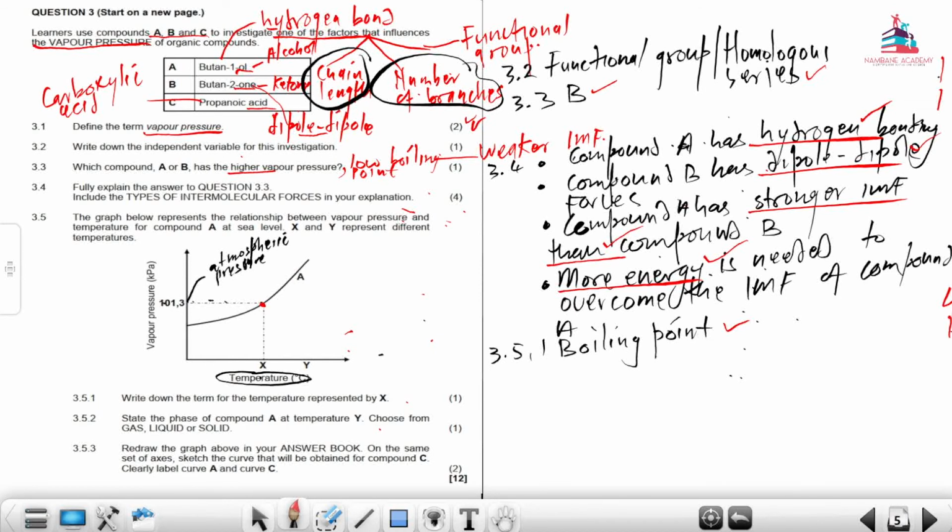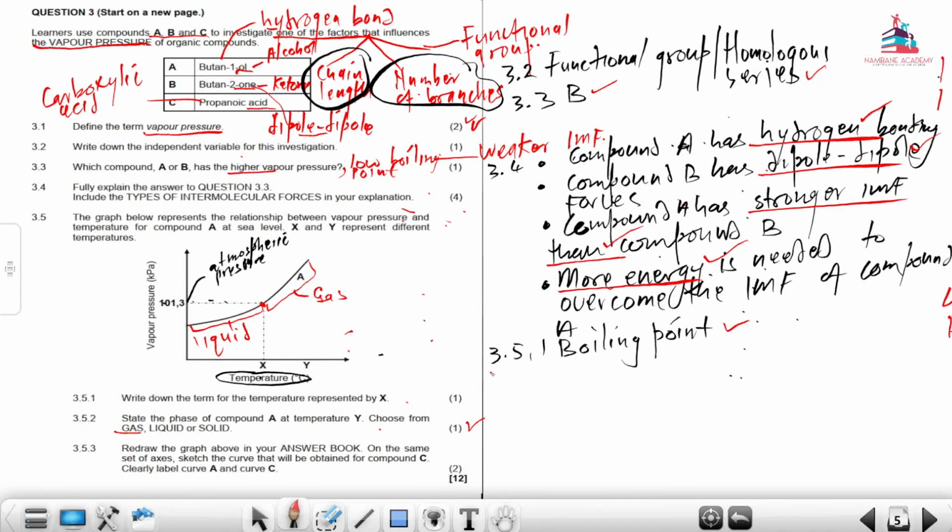So once it starts to boil, this section here should represent a liquid. Then once it boils, it changes from a liquid to a gas. So definitely this region here, the temperature Y, should represent a gas,